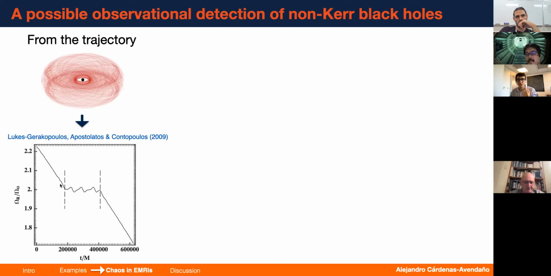It showed that if your solution starts at a particular condition, it will evolve through a resonance. These frequencies will get locked, and then your system will leave. What does it mean? It's like if we are observing a system that is evolving, and then at some point hits a resonance, you might see the frequencies get locked, and then the system will leave the resonance. This is what they claim at that point, a smoking gun for non-integrability. But remember, this is coming from the non-conservative part of the theory. That is your theory, your metric. This is not a radiation reaction effect, as I'll show in a second.